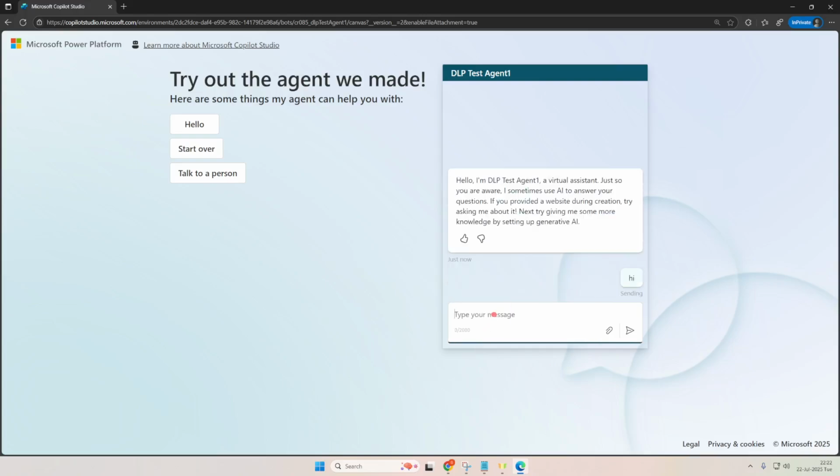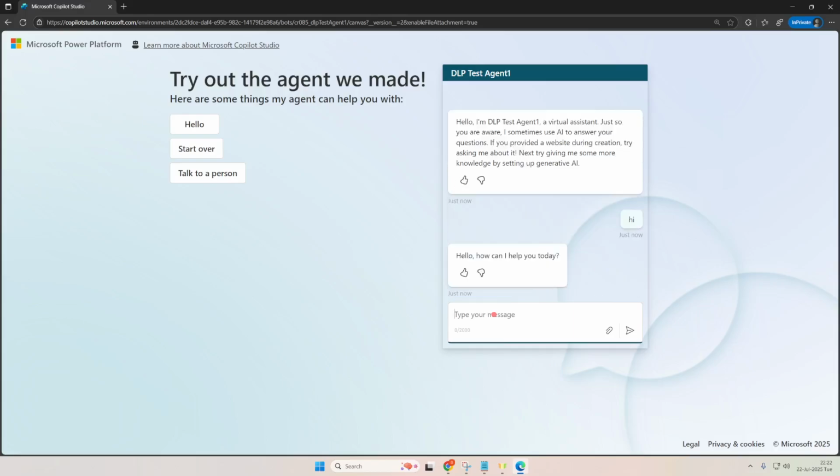See here, without any authentication, the agent is responding. But at this point of time, there is no knowledge source associated. Therefore, probably I can ask who is the Prime Minister of